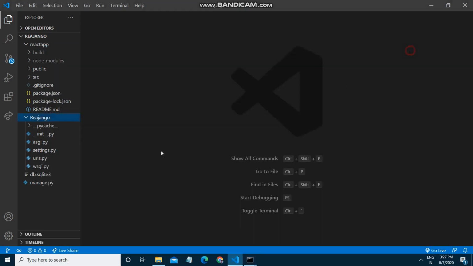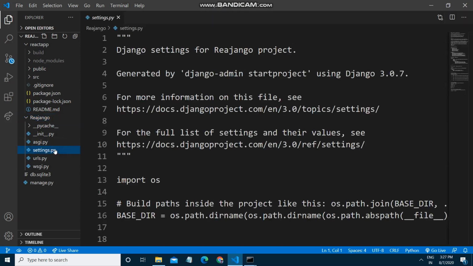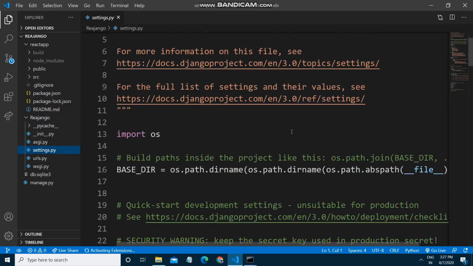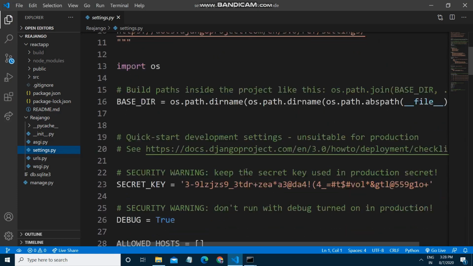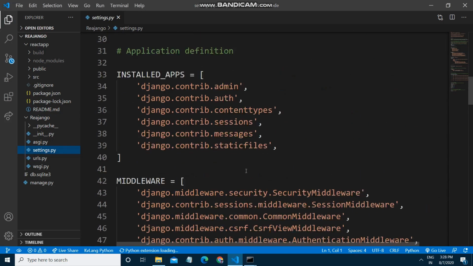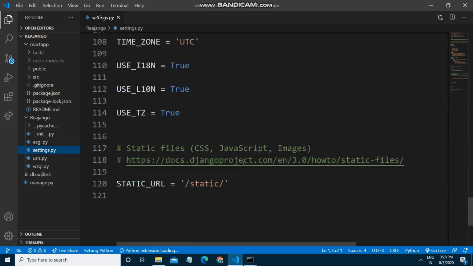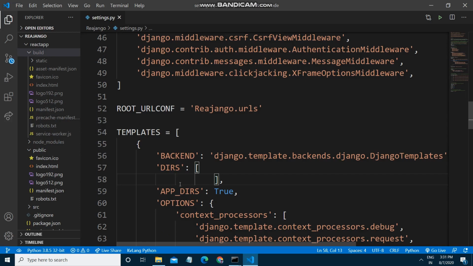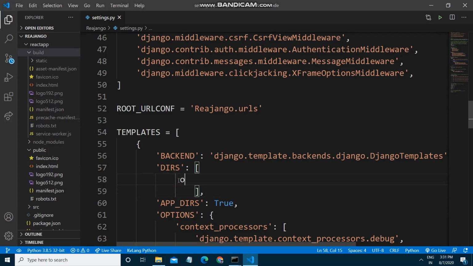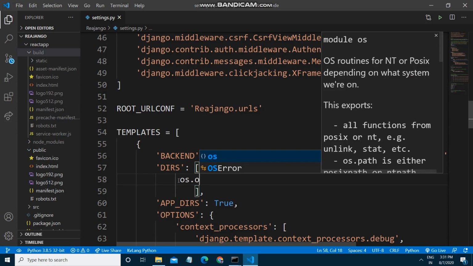Now we have to define some settings in settings.py, so Django can detect where the static files and the templates are. I will add some configuration in the templates. In the build folder there is our main index.html file, you can see that. So here I will type os.path.join.